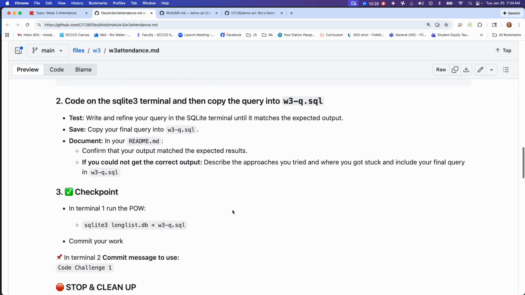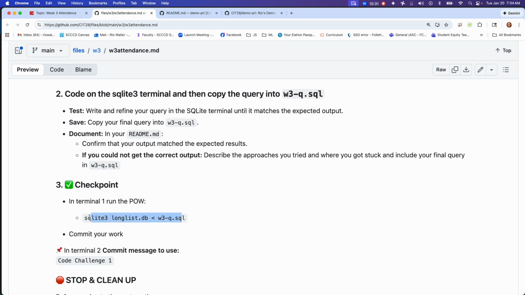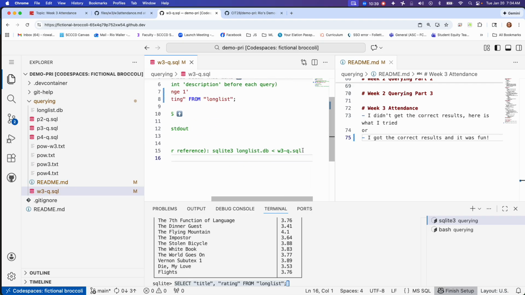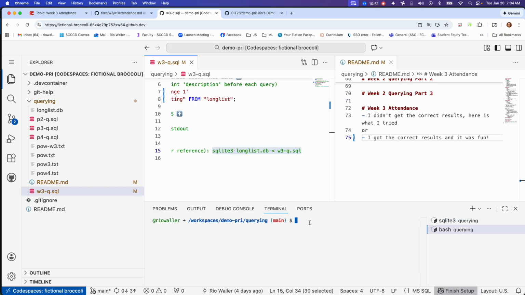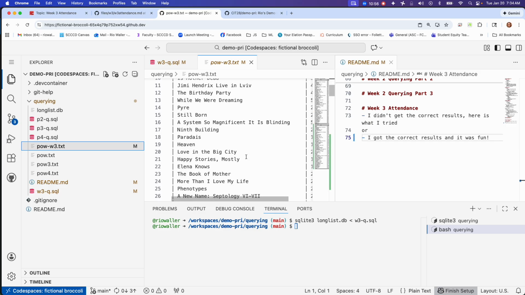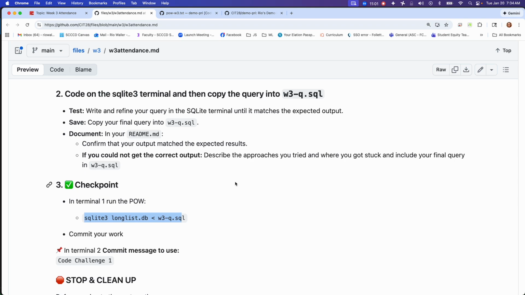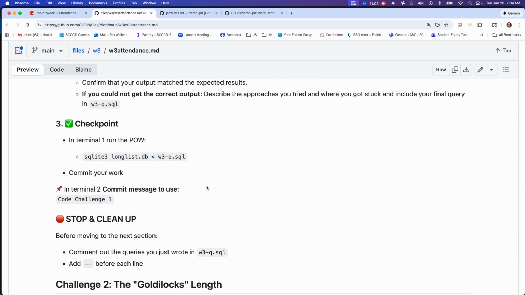So now I'm ready to do my proof of work. Now I could copy this, but remember, in your file, this is why I've also always provided this. And remember, your proof of work is showing the output you got, and it's outputted to a file so I can look at it. You always do them on your bash. You can paste that in, and then you'll get a new text file that has that output. Now at this point, let's come back here, it's really important to commit your work,